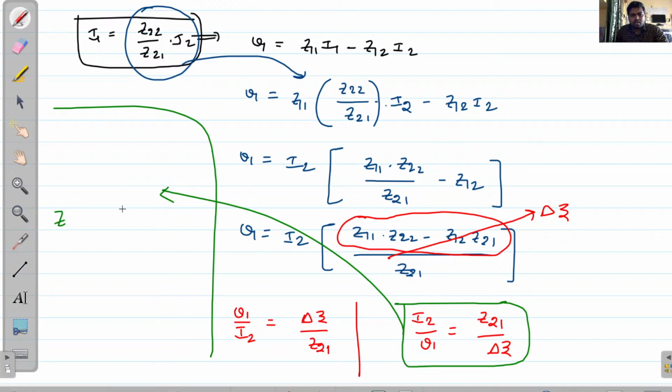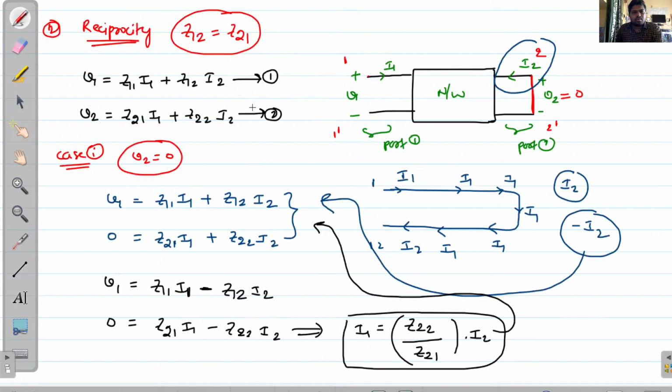Okay, you can leave it here only. Then you can go for case 2 condition. Just make this equation number 3, right? This is equation number 3. Now you can go for case 2. In this case 2, in the previous case, we made V2 equals 0, but now in this case 2, we can make V1 equals 0.